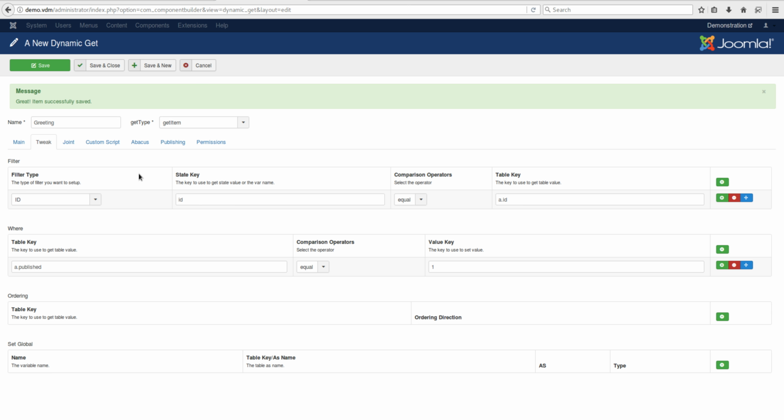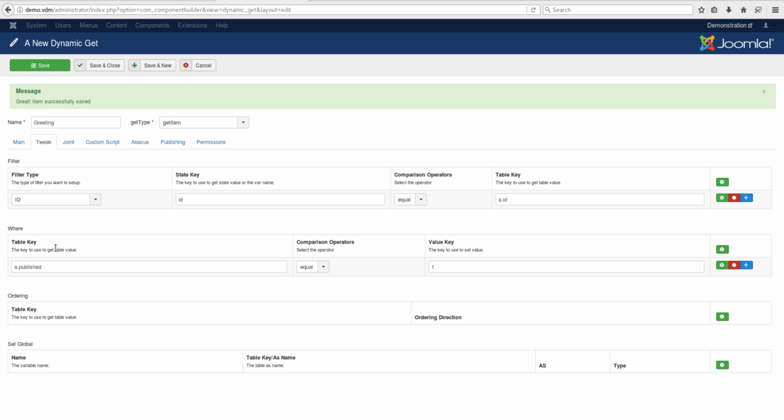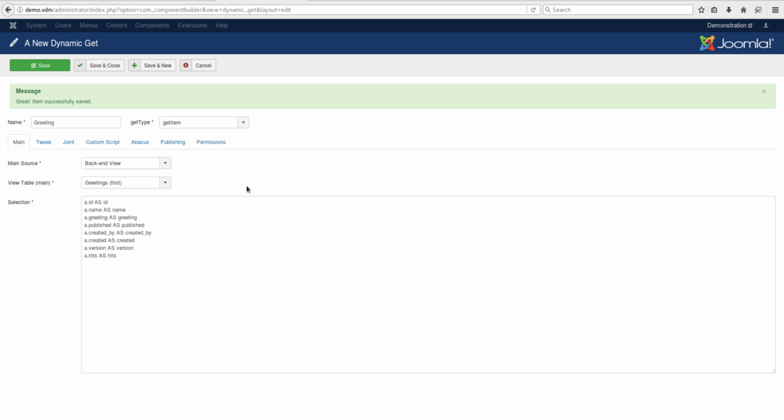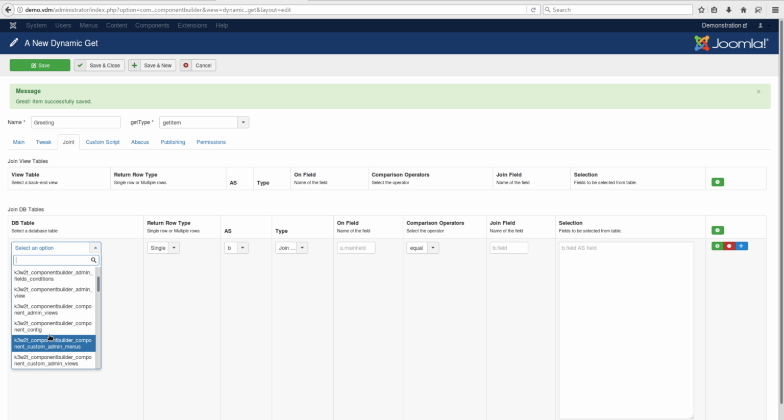Okay, so we've got in our Dynamic Get all the values selected that we want, and also how to limit it. The tweak is in place, and the limiting factors. We don't need to join it to any other table. We're simply going to return these values. Let me see. We could add the username values if we wanted. So if we wanted to show who created this, we could say created by, go to join, click on the join database tables, not view, because we want to use the user table,